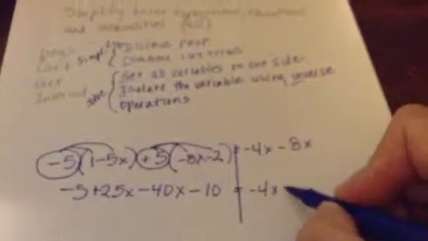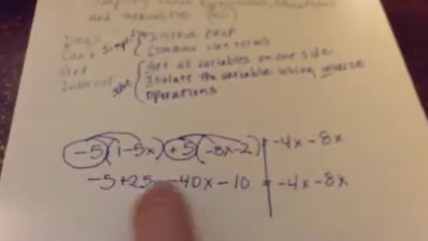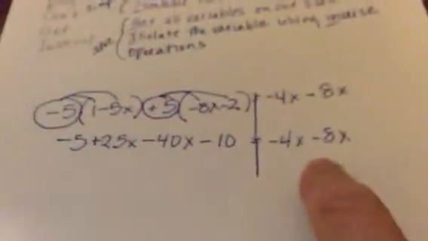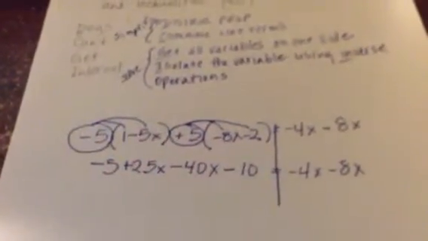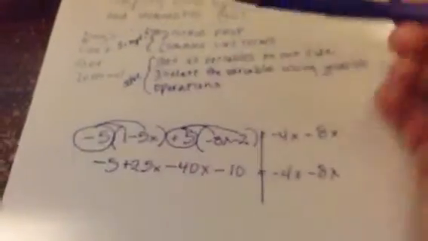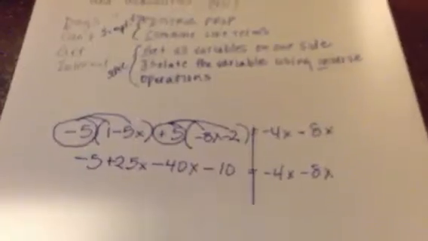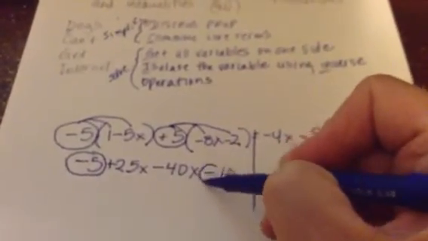Now, what I did on this side of the equation was simplify. This is equal to this. So I didn't change its value, I just simplified it. I cleaned it up. And I didn't do anything on the right-hand side at all yet. So I haven't changed its value, I simplified it. So now, as far as simplifying, the next step is to combine like terms. So I notice that I have a negative 5 right here, and I have a negative 10 right here, and when